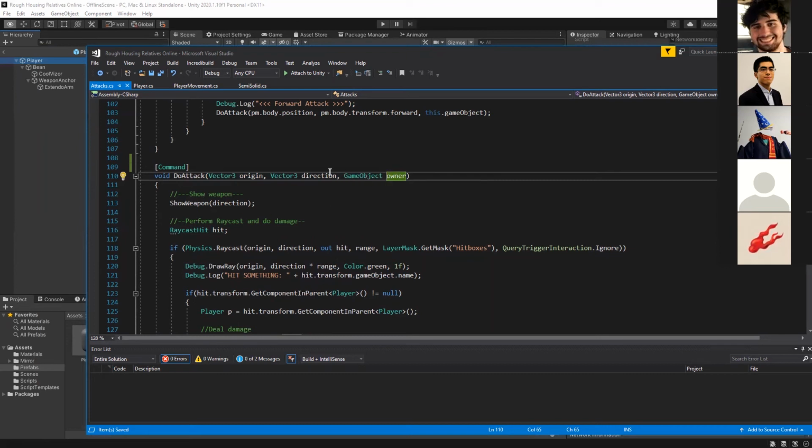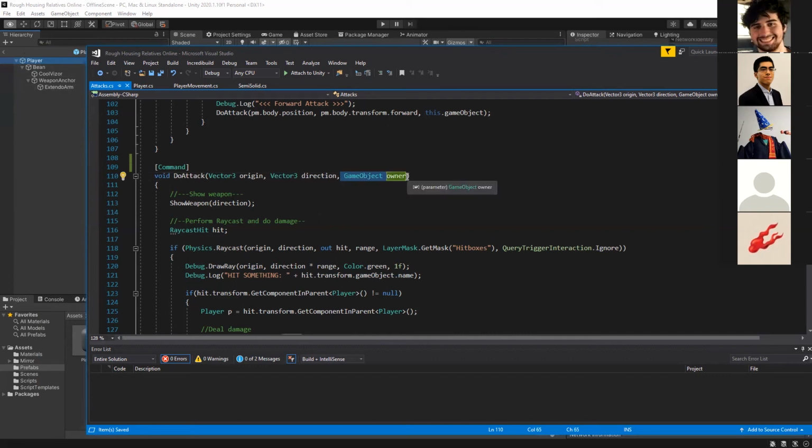That won't work because what you're sending over the network is just a reference to this game object, like an ID basically. So if I do owner.transform, it'll be the server's copy of that transform, or it'll be the client's recipient copy of that transform. It doesn't have any data associated with what was sent over.